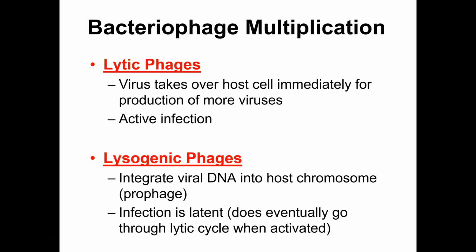Now, lysogenic phages are a little confusing. Okay, because for one, they can do everything a lytic phage can. They can go through this lytic cycle we're going to talk about. But what makes them lysogenic is that they have an added bonus. They have the ability to go dormant by hiding in the host DNA. And it's going to be forced recombination. Right? They will force their DNA into the host's DNA. And then it becomes a mutation. And it can pass down through the generations.